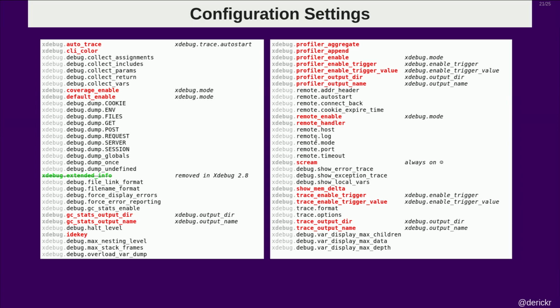Xdebug's extended info is gone. It's going to be removed from Xdebug 2.8, and there are all the other things I want to change as well. I've also threatened people by turning on the scream setting by default. The scream configuration setting